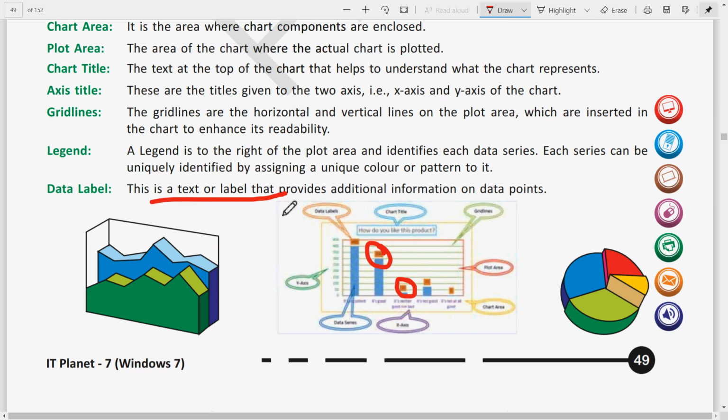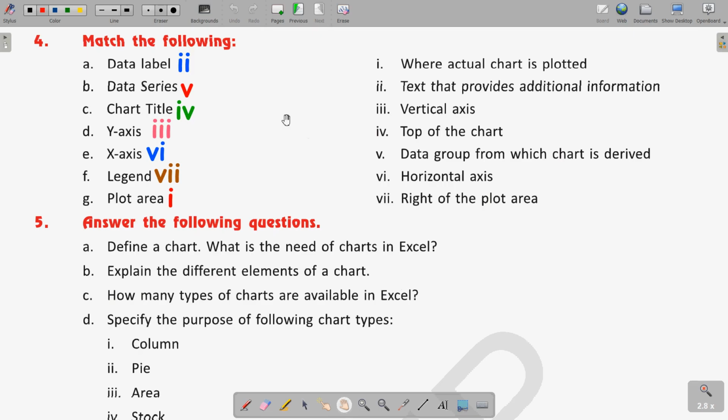So data labels are the text label that provides additional information. Clear? Now here you can match the data label with the second statement, the text that provides additional information. Clear? So data label can be matched with the second.